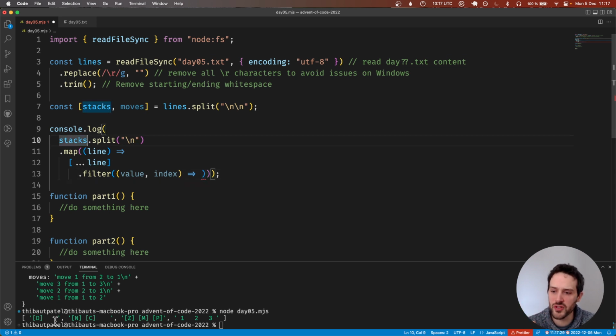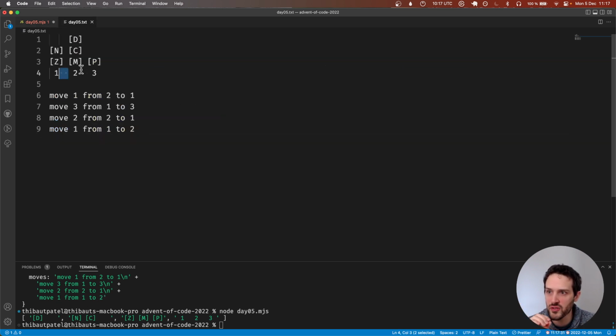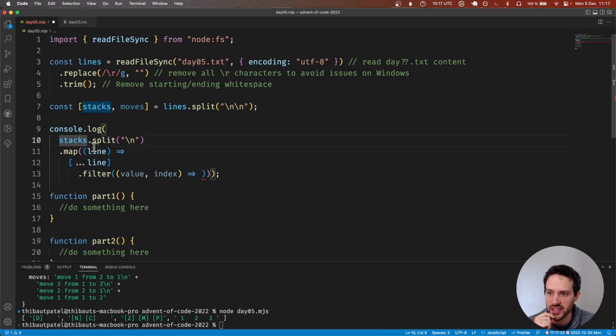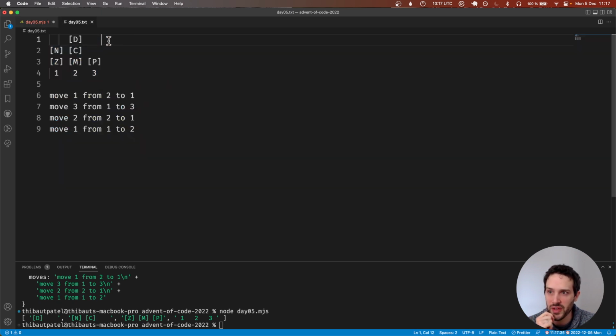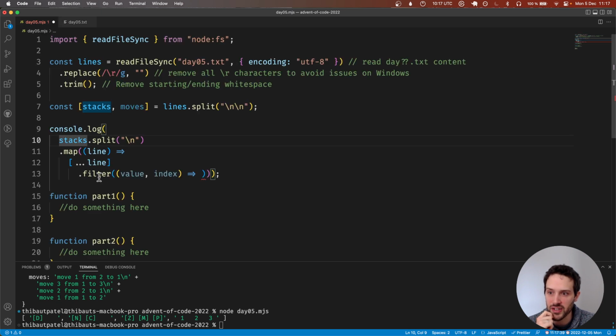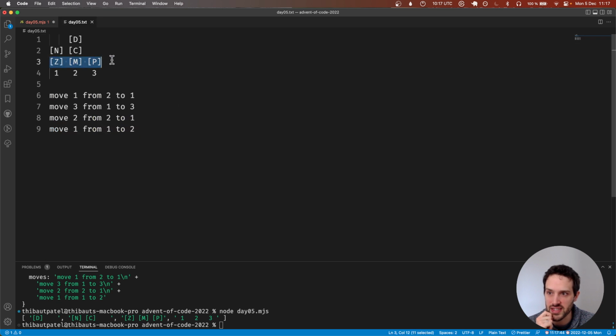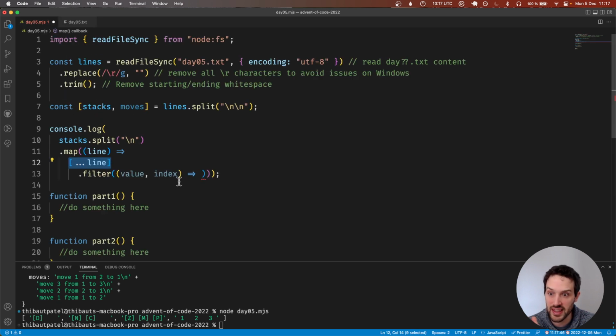So here we have the full stacks, like this full thing. Then we split with the line return. So now we have each line. Then for a line, we make it an array of characters. So this is an array of characters now. And now we need to